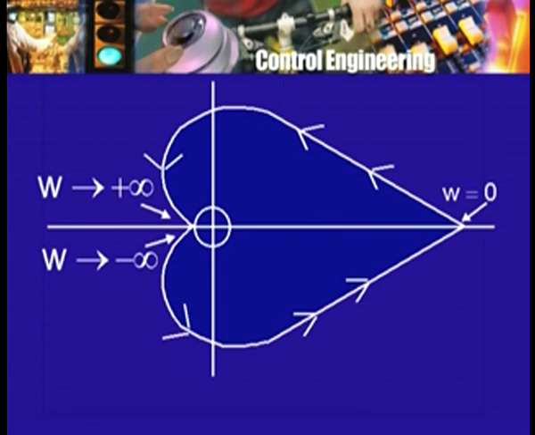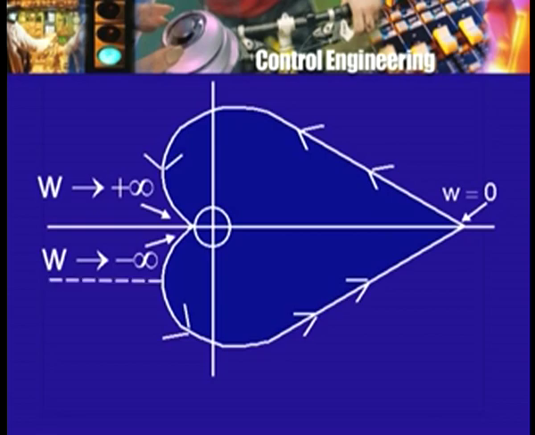Experimentally, we only determine this part, but we immediately infer that the part corresponding to the lower half of the j omega axis will look like this. And of course it goes through this point omega equal to 0, or j omega equal to j 0. But what about omega tending to infinity? Well, this upper part corresponds to omega tending to infinity, so the lower part will then correspond to omega tending